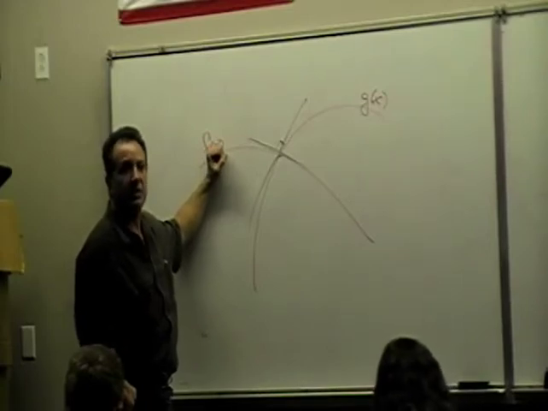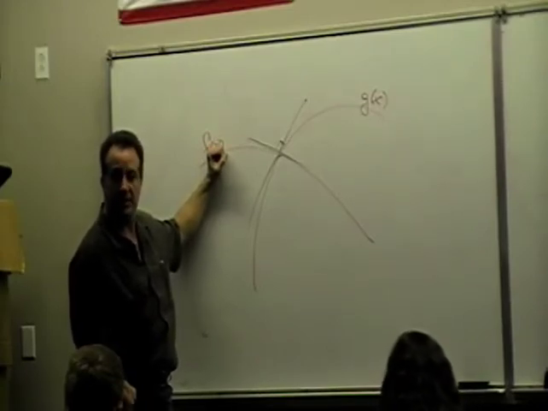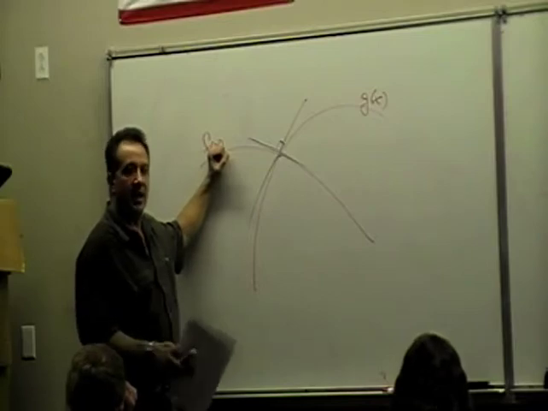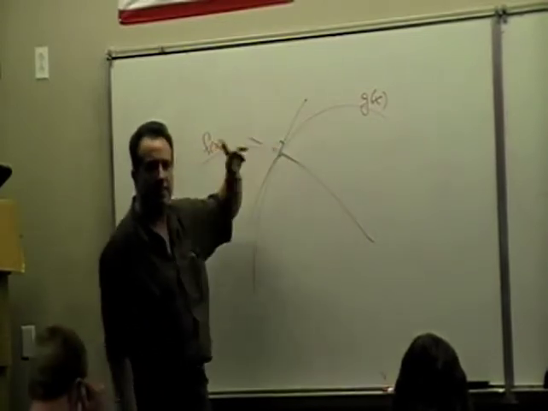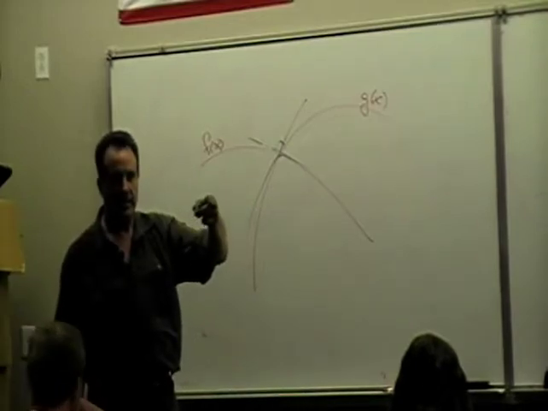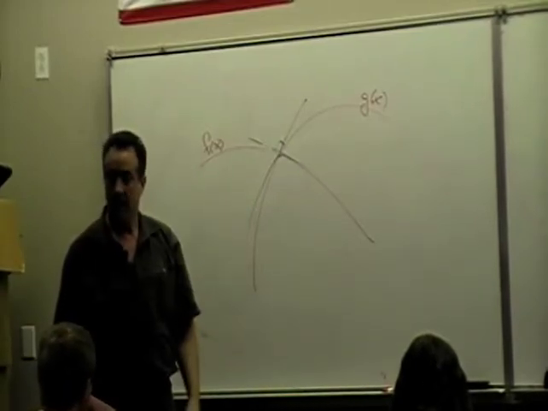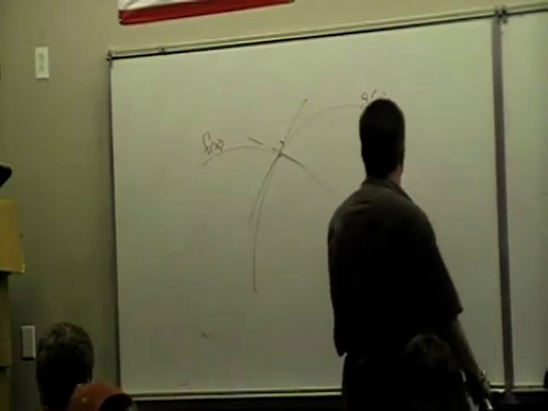Perpendicular lines have negative reciprocal slopes. Or, better yet, if I took the slope of this tangent line and the slope of this tangent line and multiplied them together, what would you get? Negative 1. So that's really the test for